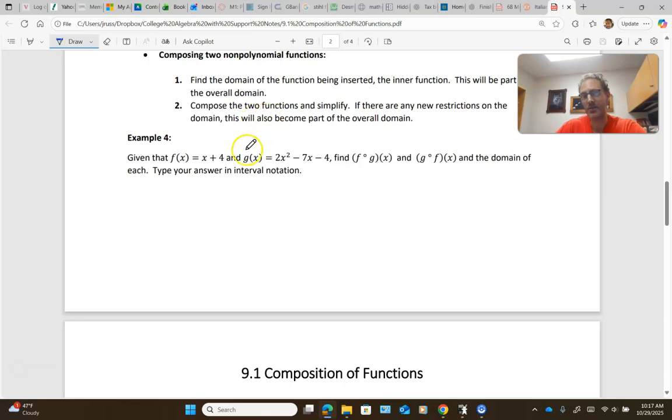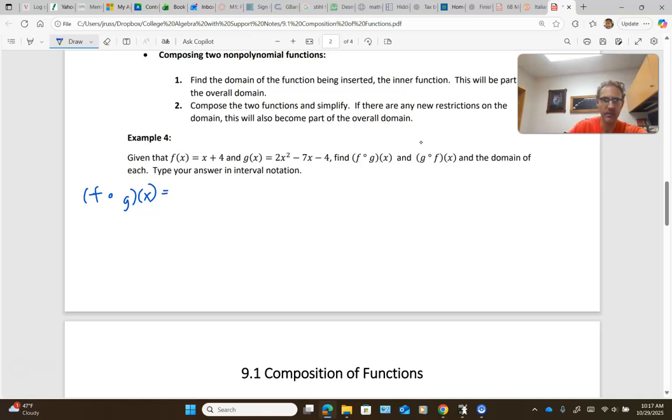And we'll be expressing those domains in interval notation. Well, guys, because of the nature of these two functions, because they're both polynomials, we know the domain is going to be all real numbers, so that should be an easy one. However, we need to actually find these compositions, and that's what we're going to spend most of our time on. This example, f composed of g of x,